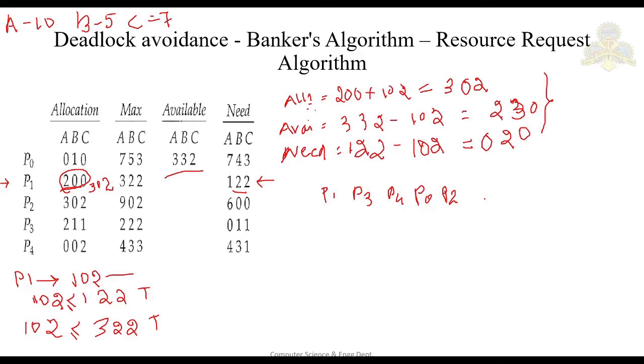So this is about your deadlock avoidance. In deadlock avoidance, we had seen the safe state algorithm, then the resource allocation graph algorithm, then the banker's algorithm. In the banker's algorithm, we had seen two more types of algorithm, that is the safety algorithm and the resource request algorithm. Fine. So if a question is asked for 10 marks in the exam, write a note on banker's algorithm,